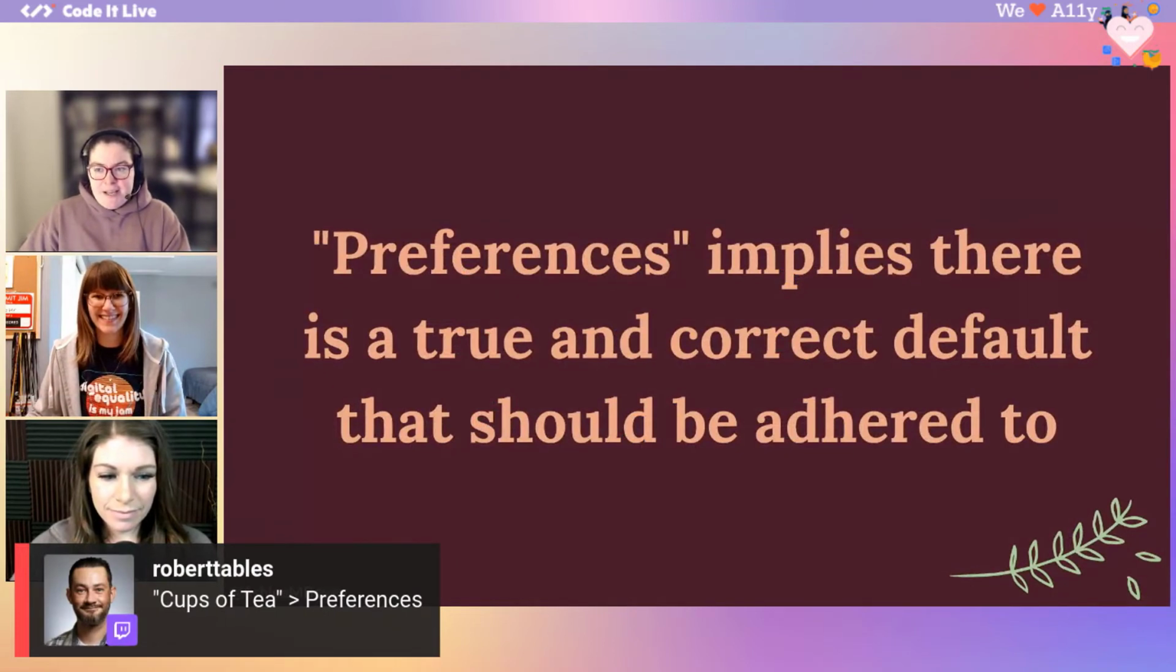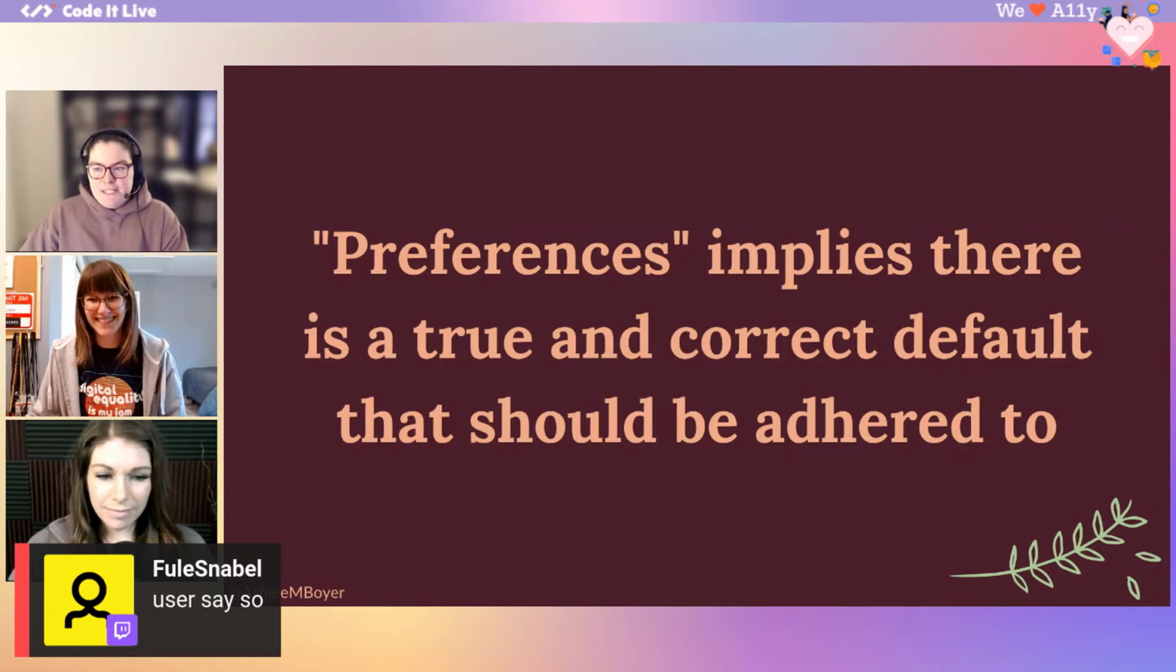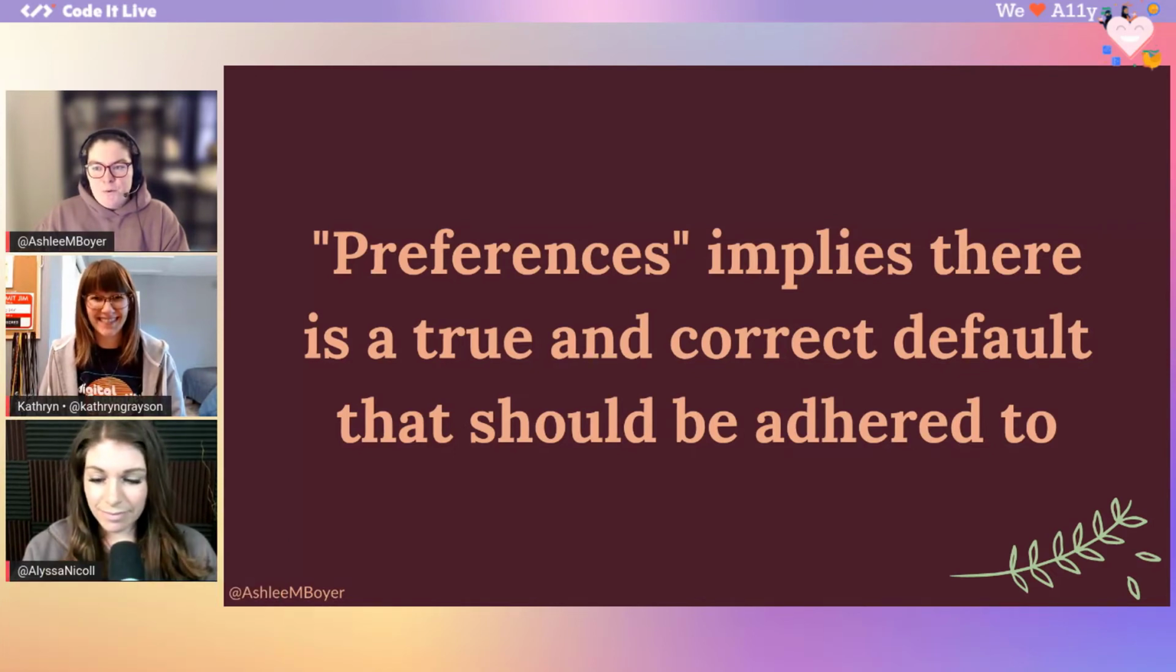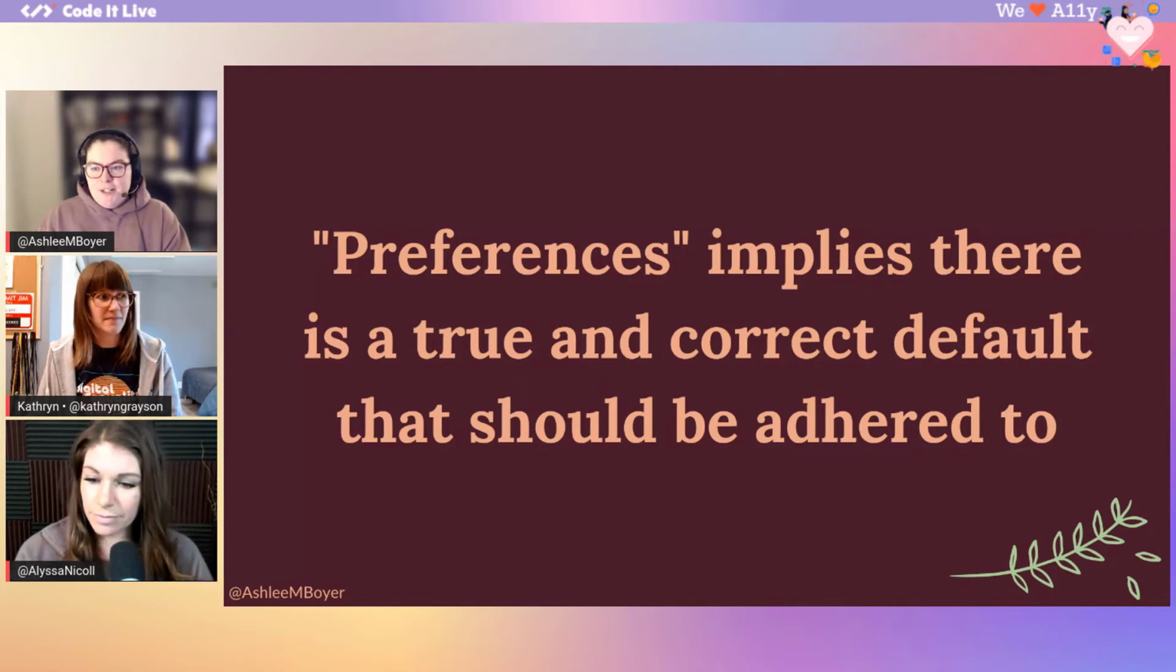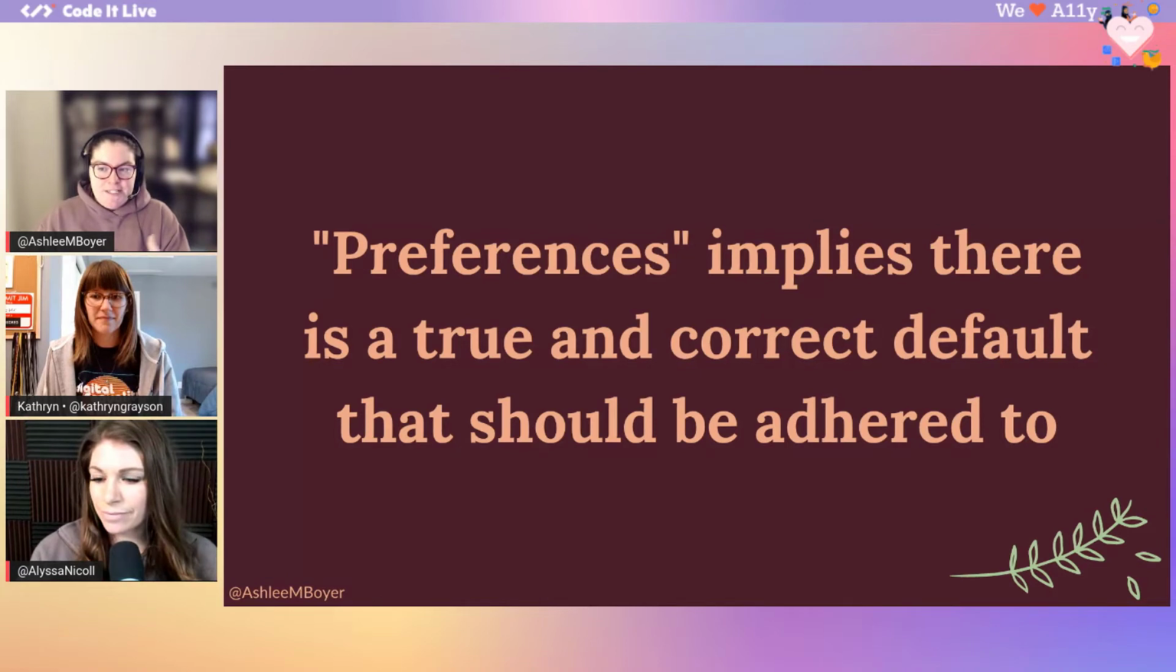Preferences implies that there's a true and correct default that should be adhered to. It gives a reason to underprioritize problems reported in this area of our application, like users reporting bugs and things like that, because we subconsciously don't see them as important. I've too often heard people speak negatively of users coming up with workarounds in applications, to the degree that people refuse to even provide technical support if someone does something wrong, because you're not doing it the way that I wrote the app to do it. So you must be doing it wrong, which